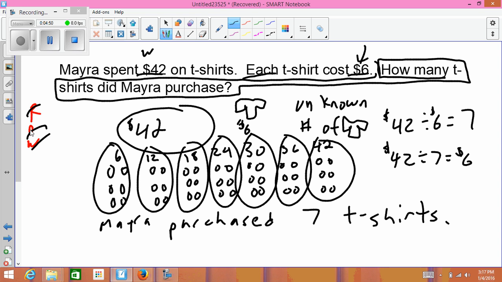Okay, so in closing, the model you create for division should match the problem. Sometimes it'll be more appropriate to do an equal share model where you're doing division as sharing. In this example, since it told us the size of each group, each t-shirt cost $6, it was more appropriate to do a division as grouping model, where we made equally sized groups and we got to $42. So really, your model should be based on